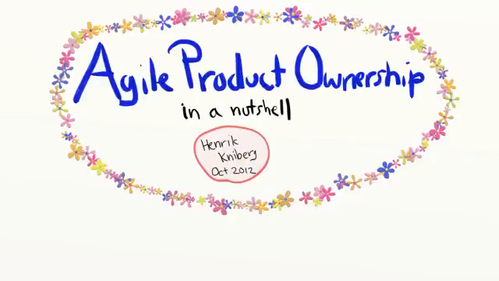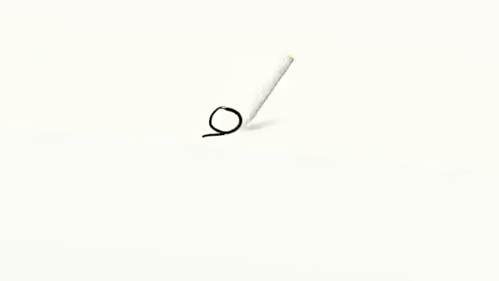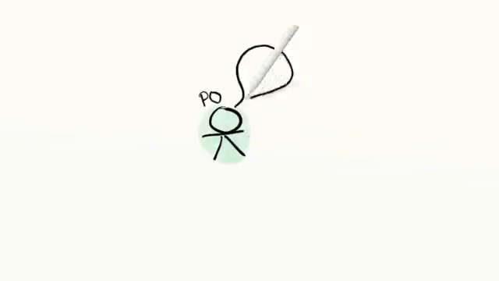Let's talk about Agile software development from the perspective of the product owner. Here's Pat. She's a product owner. She has a product vision that she's really passionate about. She doesn't know the details of what her product is going to do, but she knows why we're building the product, and what problem it's going to solve, and for whom. She talks about it all the time.